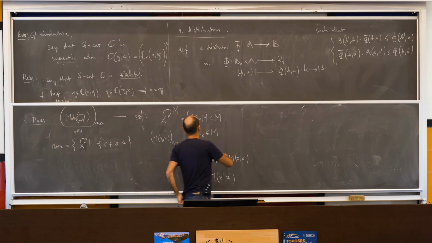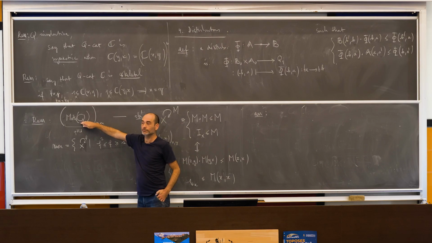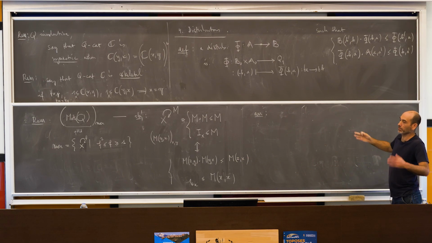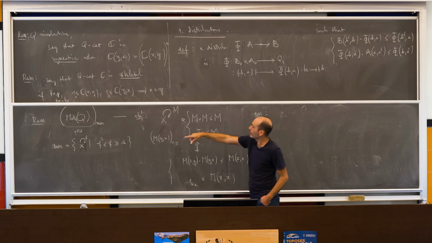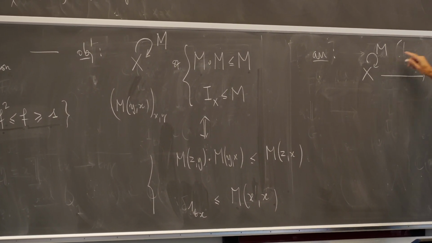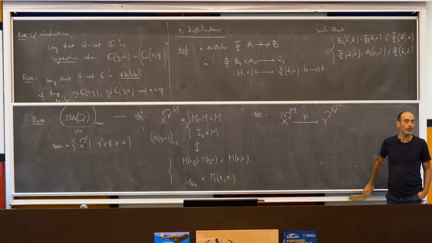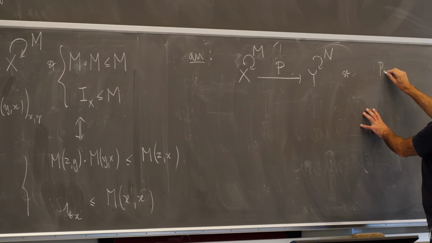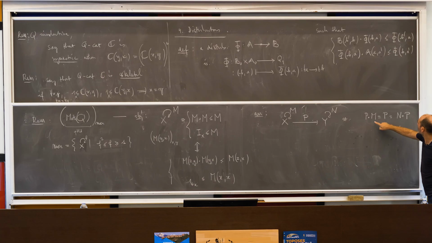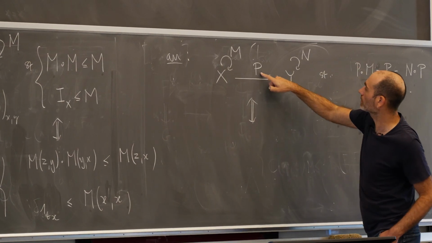Right? Now, in this universal construction, there are also arrows, right? So what is an arrow in this big Quantaloid? Between 2 monads, so between an m and an n, I have to give a p, which is compatible, right? So we said such that p after m is p is n after p. Now you recognize here that in fact, these equalities actually are equivalent to the inequalities up there. Not difficult to see. So what it is really saying is that this P is a bunch of arrows